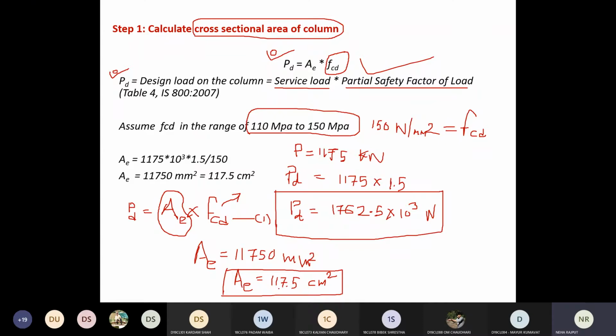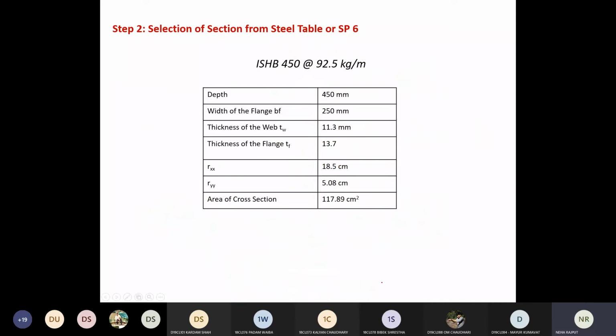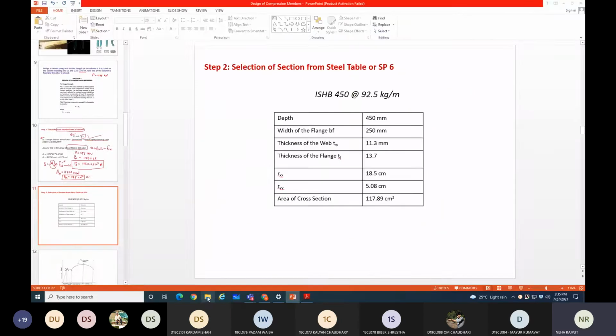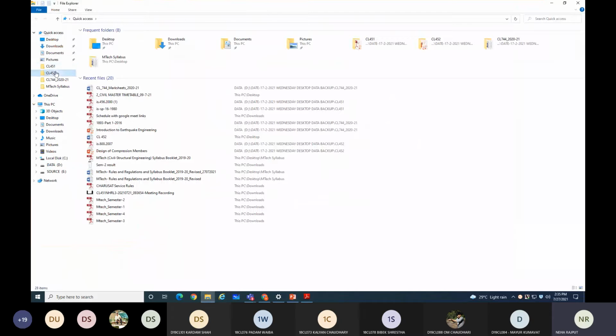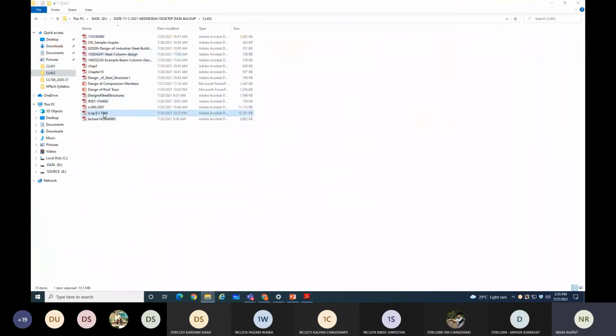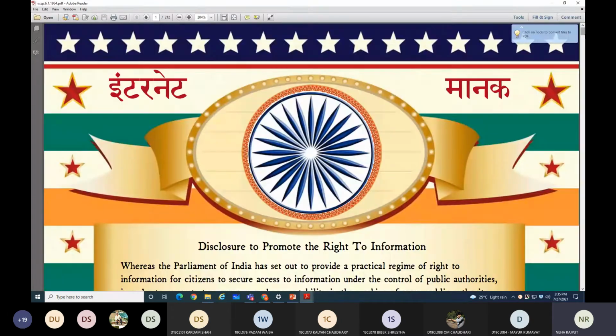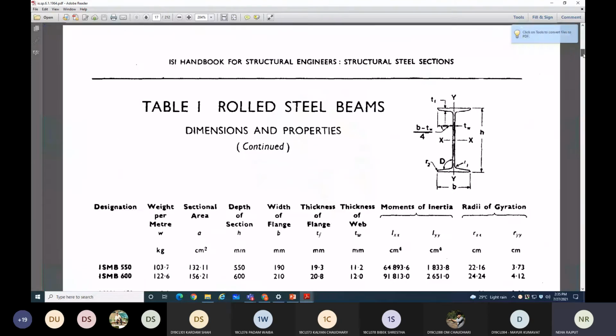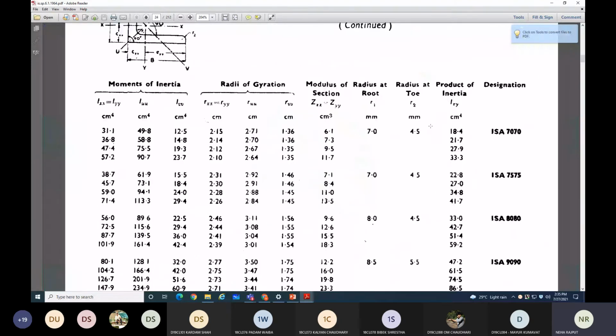Now once you get the cross section area, now what you need to do is you need to use SP6 or steel table. So this is my SP6. This one is my SP6, right?